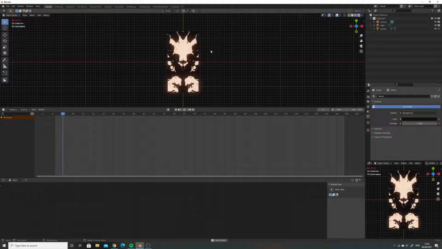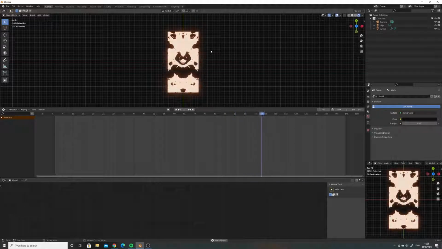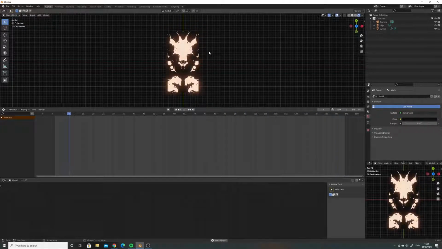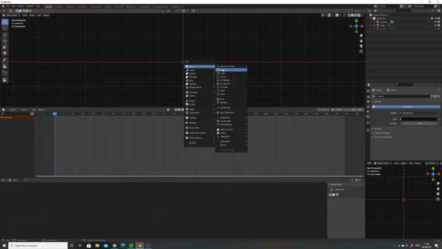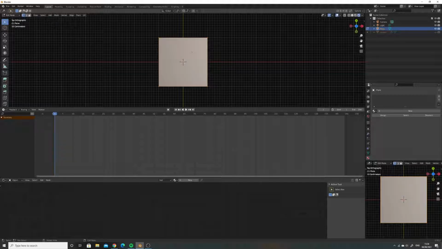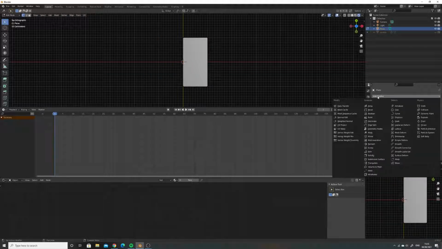Hi everyone, here's how to make this weird flashing image sort of thing. It's pretty easy to make, so I'm just going to hide this for now and add in a plane, and I'm going to cut it in half, loop cut, Control R, delete these vertices, come over to modifiers, add